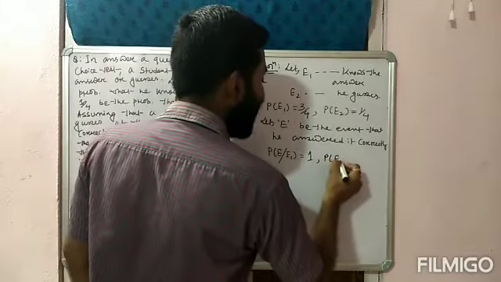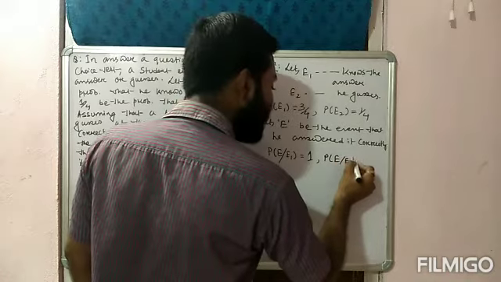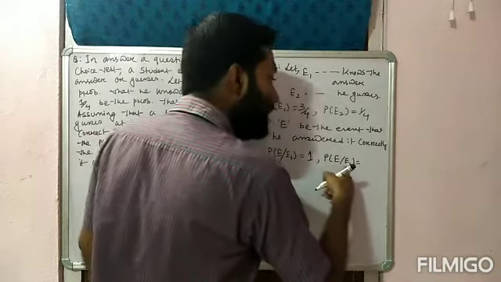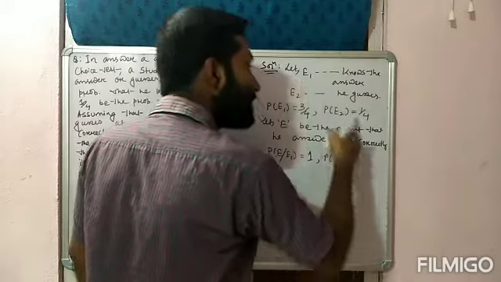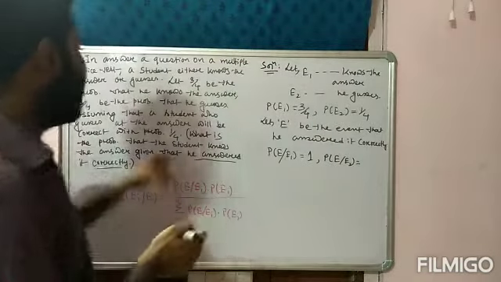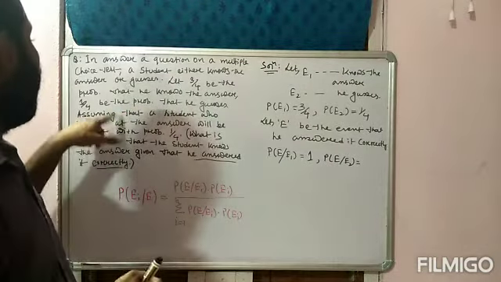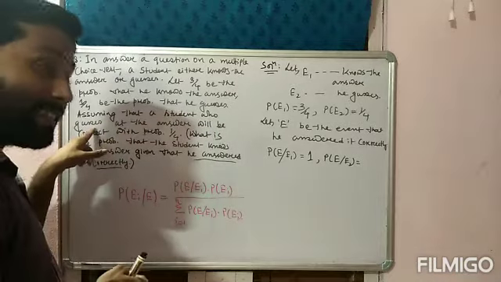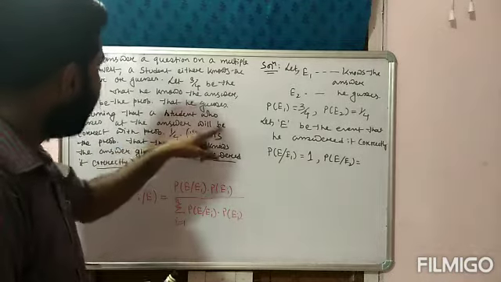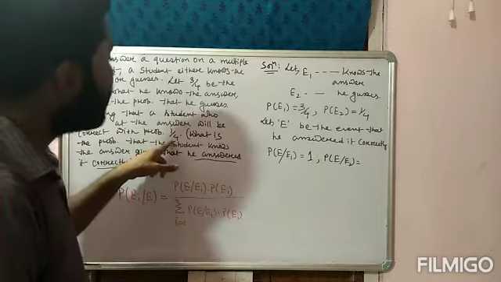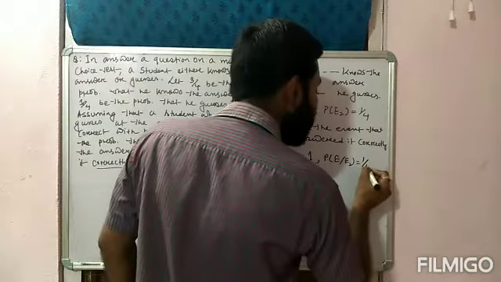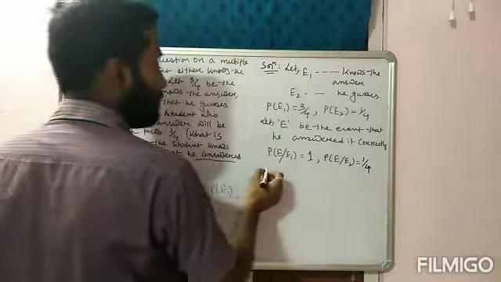Now what about E slash E2? Tell me the meaning of the first statement. E, he answered it correctly. E2 means he guesses. This is given. Read this part. Assuming that a student who guesses at the answer will be correct with probability 1/4. Okay, so probability of E slash E2 is given in the question, that is 1/4.